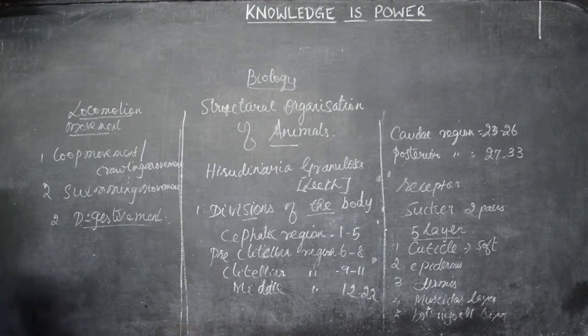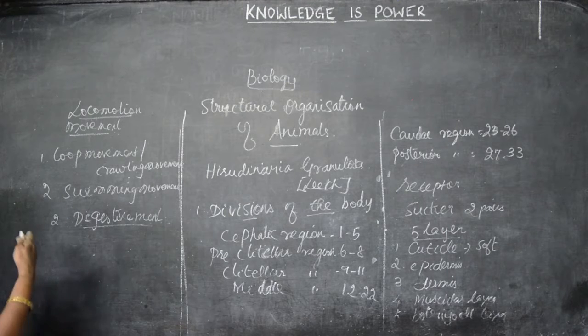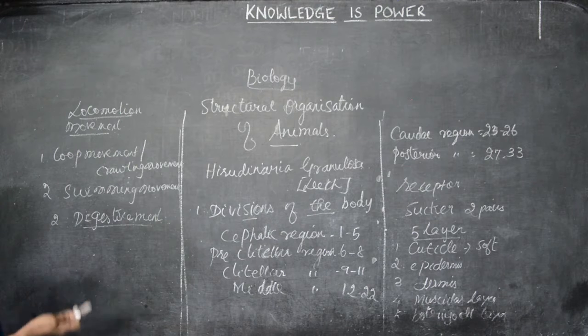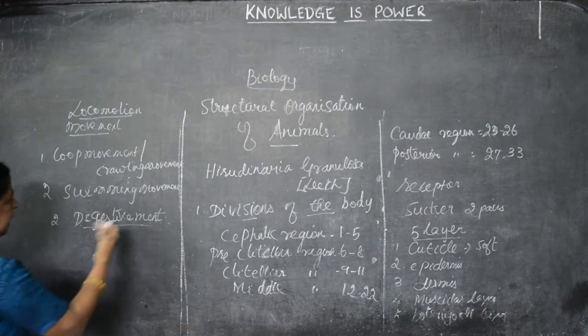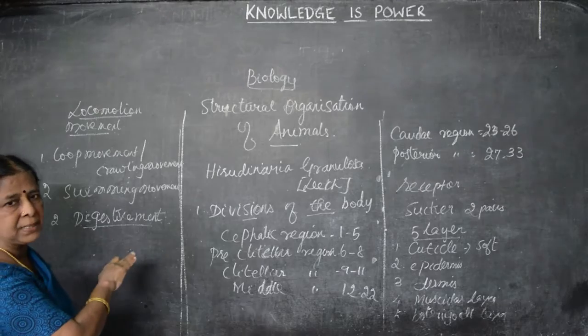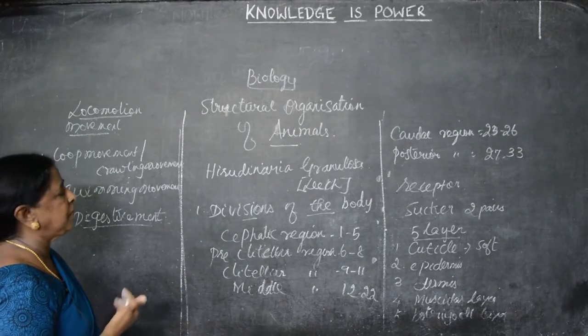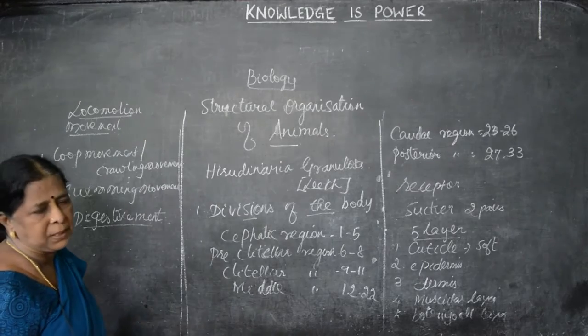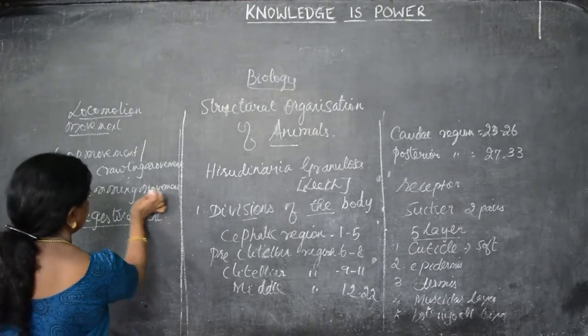What is the meaning of digestion? The food that you have taken gets into the esophagus. Many enzymes act upon it, and finally it becomes a bolus. The bolus is the softest part of the food and it enters into the intestine. The food you have taken is entirely converted into energy. Then the energy is absorbed by the intestines and the waste materials are sent out through the anus. This is known as the digestive system.